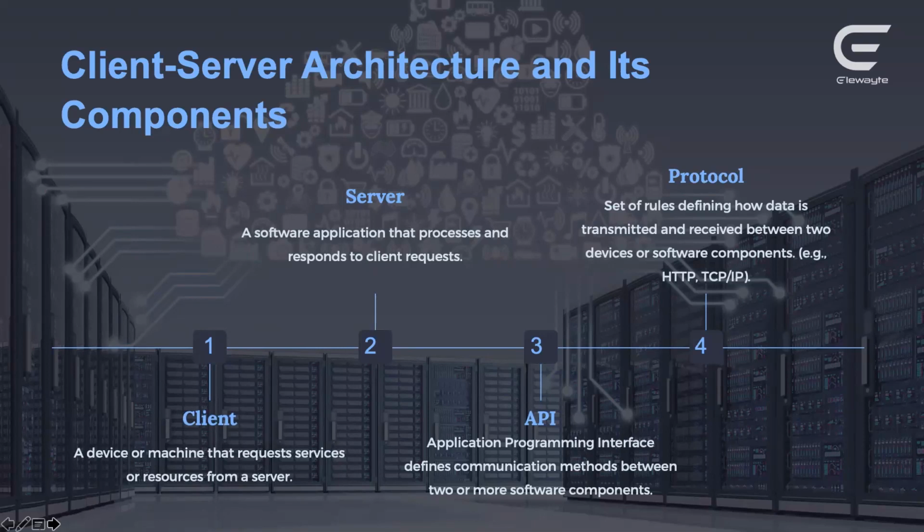But what is a protocol? How does the server know what to serve? The client is coming and asking, but the server doesn't know what to serve. So the protocol helps us to identify what type of request the client makes. If you want to share a file, then you need to use File Transfer Protocol. If you need to share a web page, then I need to use the HTTP protocol. These are a few examples of protocols. So this is how the client-server architecture is working today.